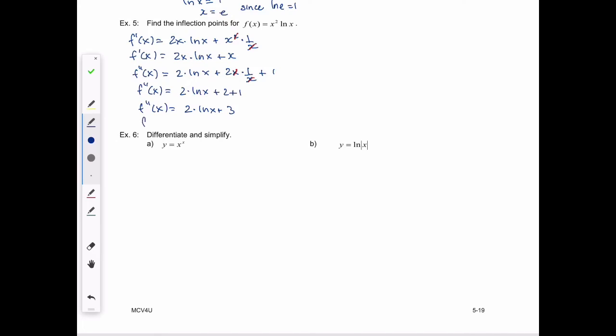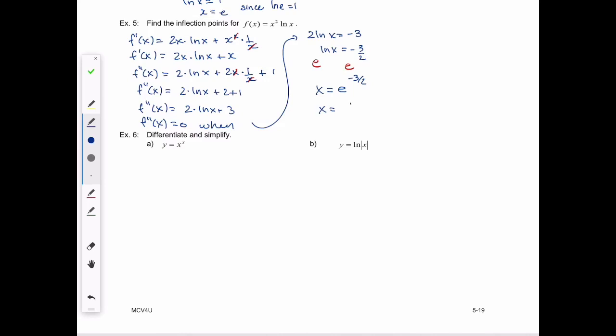Now, f double prime of x is equal to 0 when we have 2 ln of x is equal to negative 3. I'm going to bring the 2 over to the other side by dividing both sides by 2. So we have the ln of x equals negative 3 over 2. And now what I got to do is I want to cancel out the ln. So the way I'm going to do that is by using its inverse. It's going to be x is going to equal e to the negative 3 over 2,